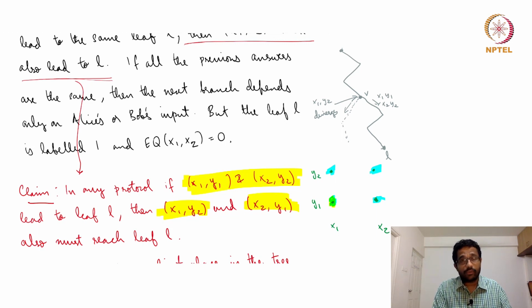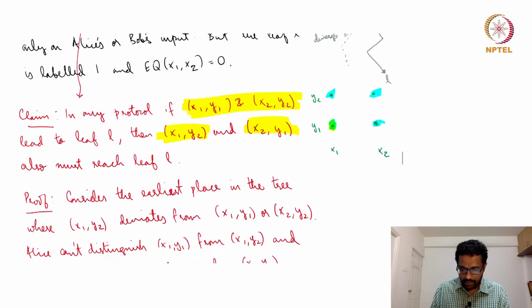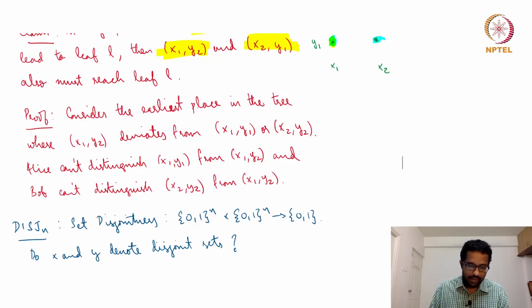x2, y2 and x1, y2. He cannot distinguish the two. So it is not possible for Bob to be the one speaking here, because if Bob was speaking here, he cannot distinguish and he cannot give two different answers for the situation x1, y2 and x2, y2. So this means that there is no possibility that